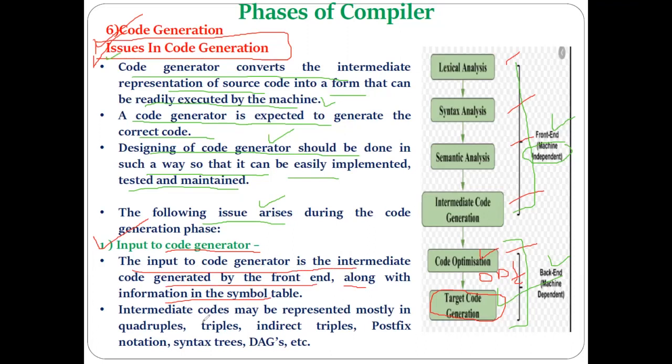The intermediate code can be in any form. It can be in quadruple form, triple form, indirect triple form. It can be in the form of a syntax tree, DAG, etc. But as we have discussed, most commonly the intermediate code is in one of these three forms, which are representations of our three address code. So it is used to be in the form of a DAG, or in the form of three address code.